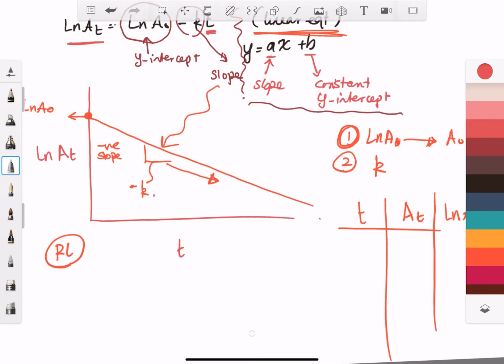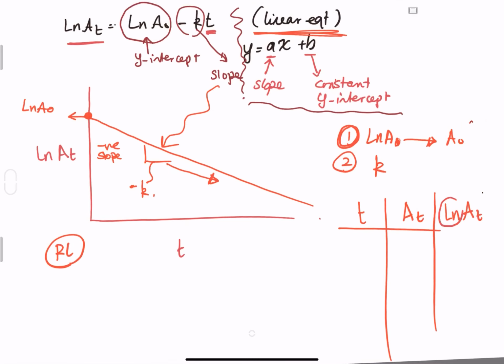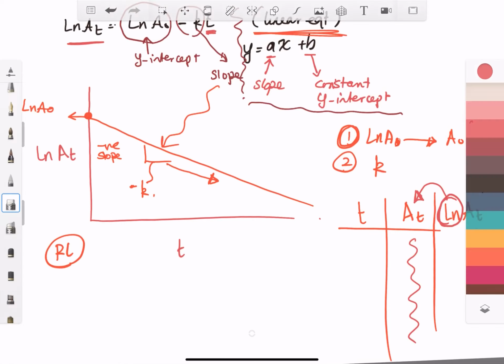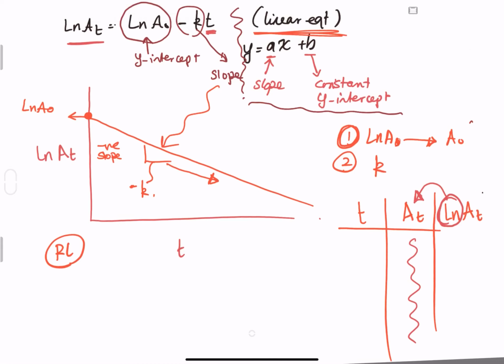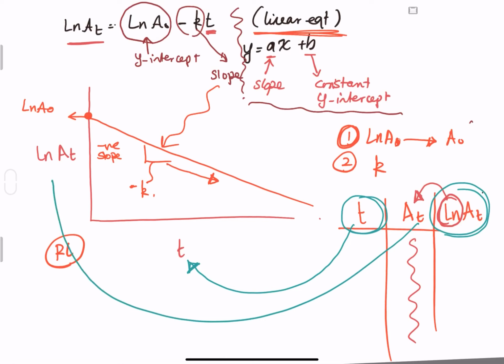So what we did here, I took the ln for each amount that is in this column. And what we draw here in the graph, we have this as our x, and we have this as our y. Okay,